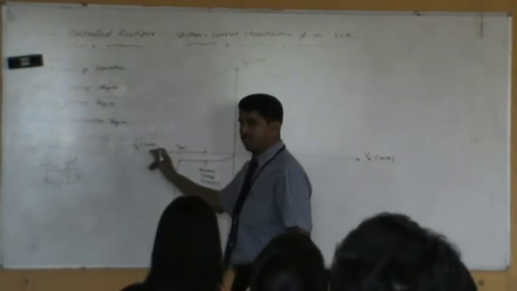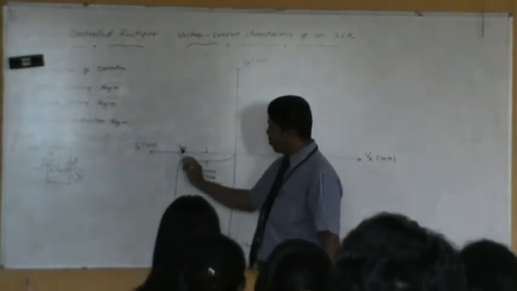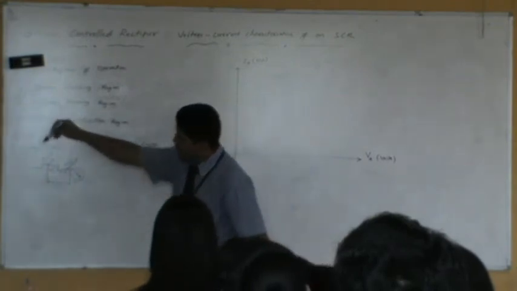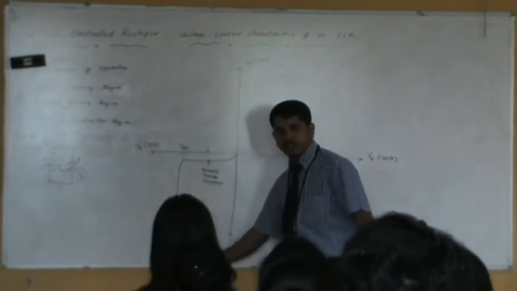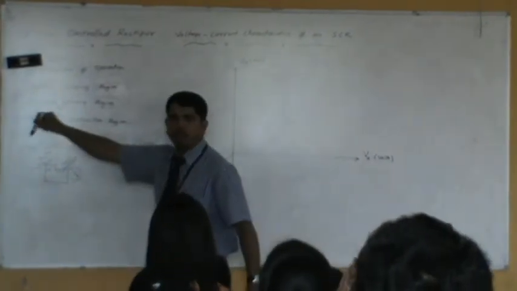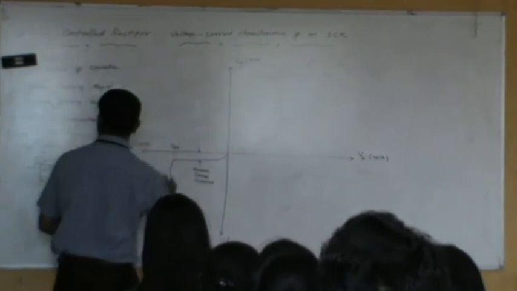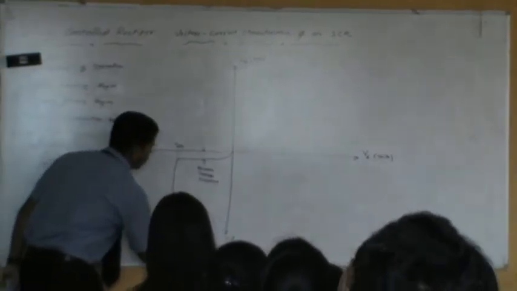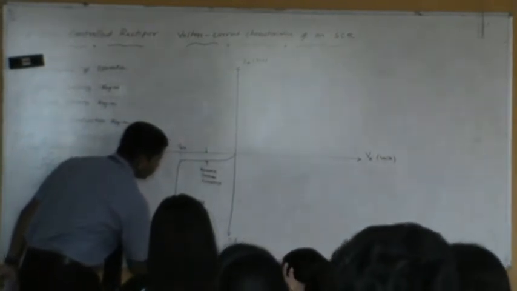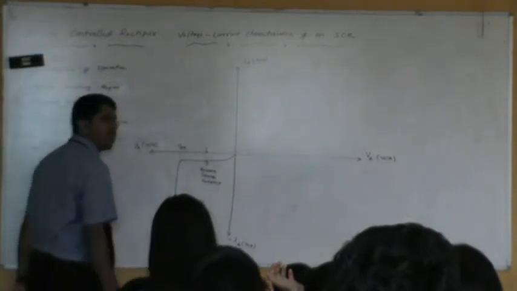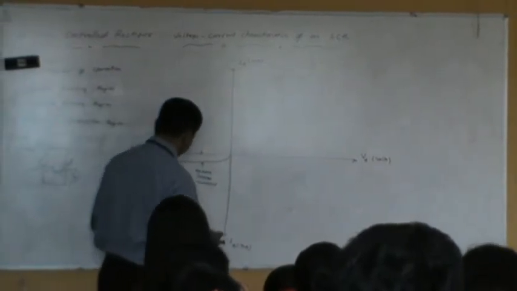Keep on increasing the anode voltage in the negative manner. When the anode voltage becomes equal to VBR, that means these two junctions are broken, and because of that, a large current will result. Anyway, the middle junction is already forward biased. That's going to be the reverse characteristics, and this complete region is called the reverse blocking region. The curve which you see in the third quadrant is nothing but the reverse blocking region.